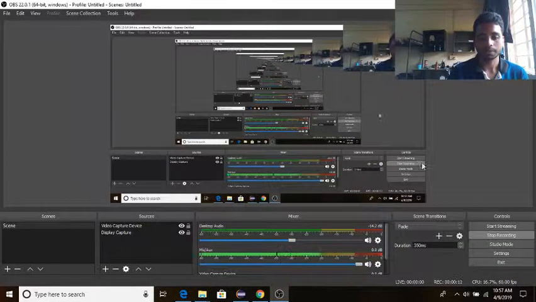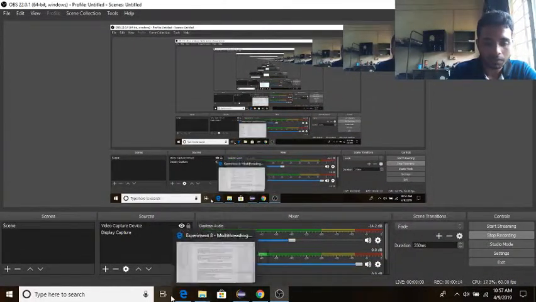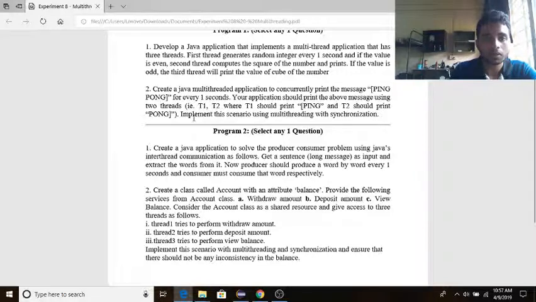So today I'll be doing the 8th experiment in Java programming lab, that is multi-threading. I have got two questions here. Let us look at the questions. My first question is to create a Java multi-threaded application to concurrently print the message ping pong for every